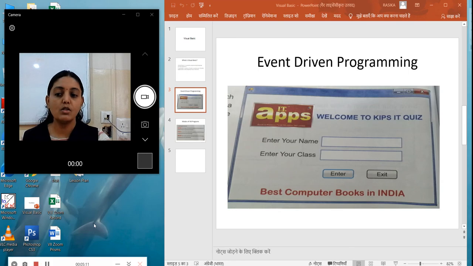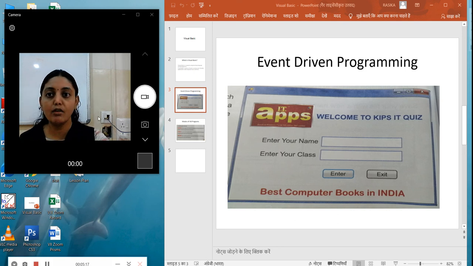Just now, whenever I press a key on my keyboard, or select any object on my screen with my mouse, that is an action done by me, and that action is called an event.